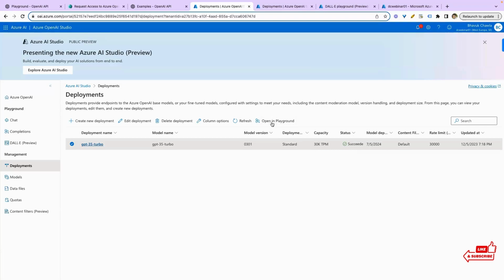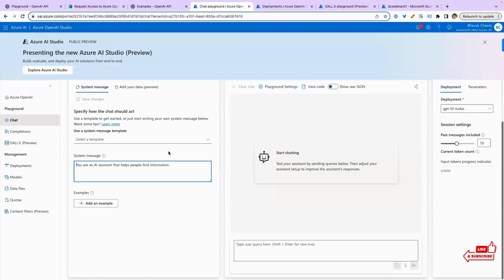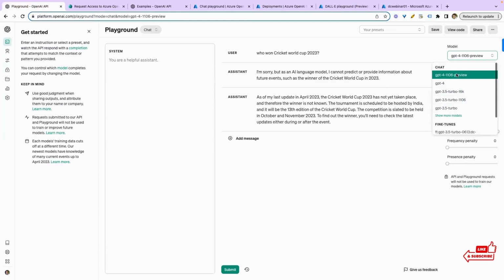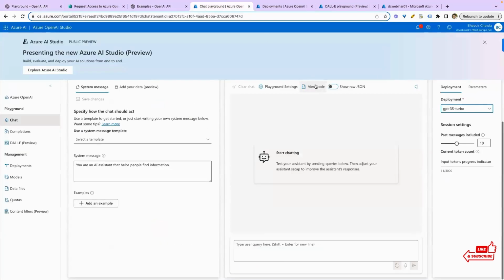But let's try it, and let's see if we can open this in Playground, and let's play with this. So this is chat playground. In this chat playground, we have this model deployment, the name that we have given. If you have multiple deployments, then you can even choose the deployment. The same thing is available in Playground here also, like the options that we are getting here. So we have a deployment GPT 3.5 Turbo, and I can say